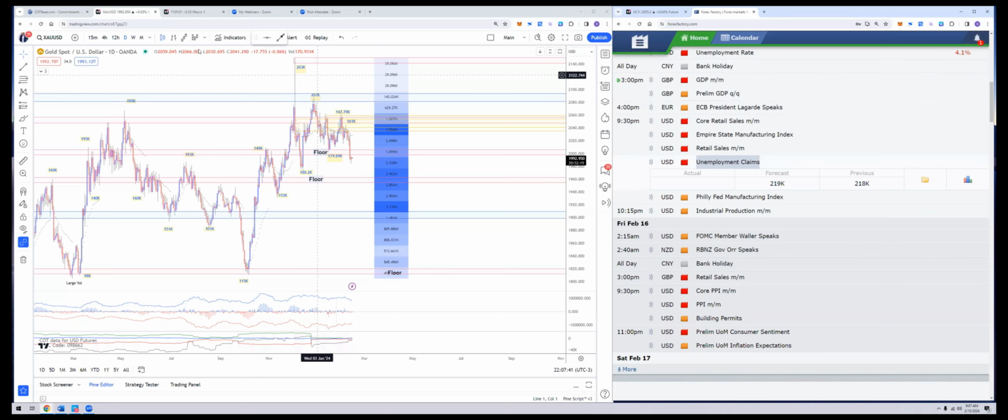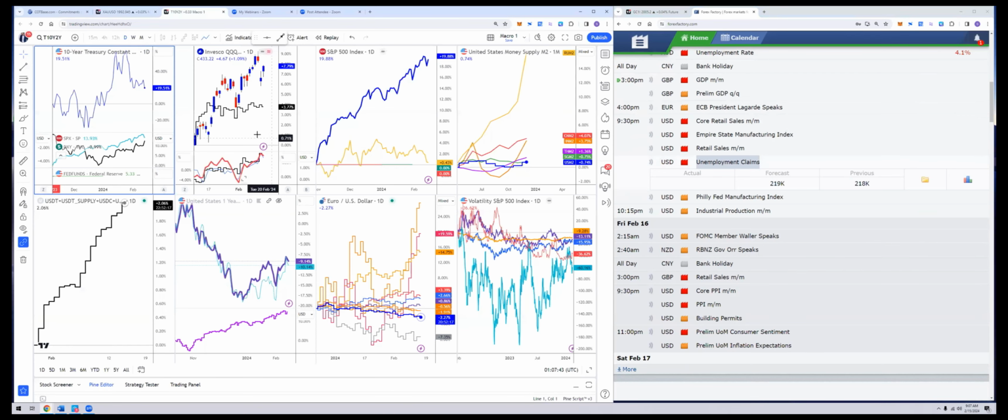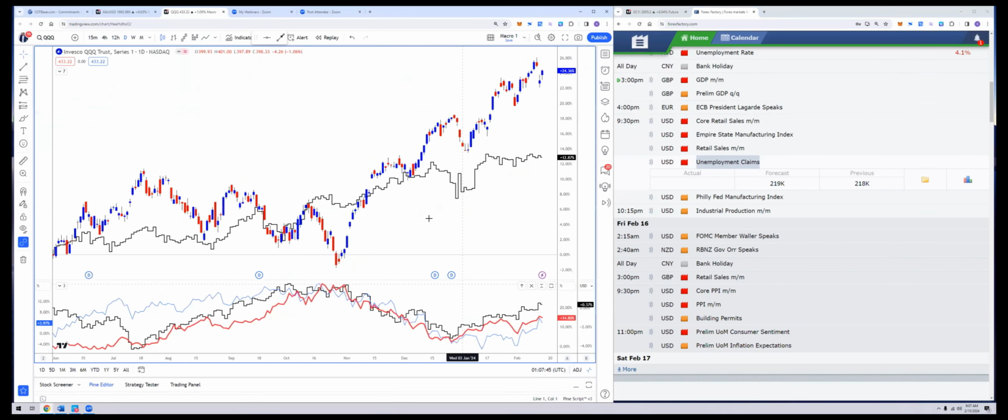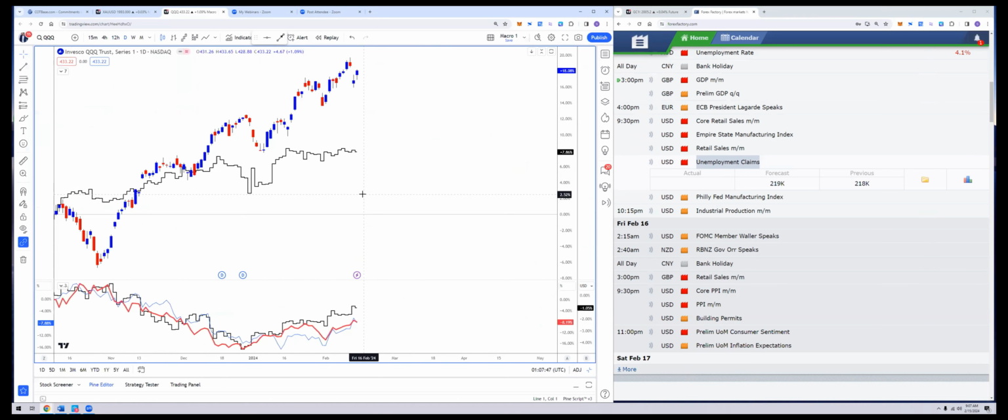Okay, let's start with some liquidity data. You can see that the liquidity wasn't really going down and wasn't really going up either. So the market is kind of in a lock right now. It's kind of neutral per se, or slightly bearish. And you can see this red tide start to go down a little bit yesterday.